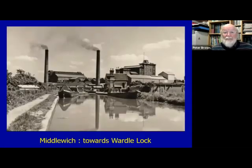So on to Middlewich, and this view looks totally different now because all the factories are gone. And the lock ahead of you see is Wardle Lock. Wardle Lock was not a Shropshire Union lock. This lock was put in on a 100-yard long, actually I think 72-yard long, branch of the Trent and Mersey Canal, and it meant they could control the boats coming onto the Trent and Mersey. There was a toll, which I'll go on to the next slide,